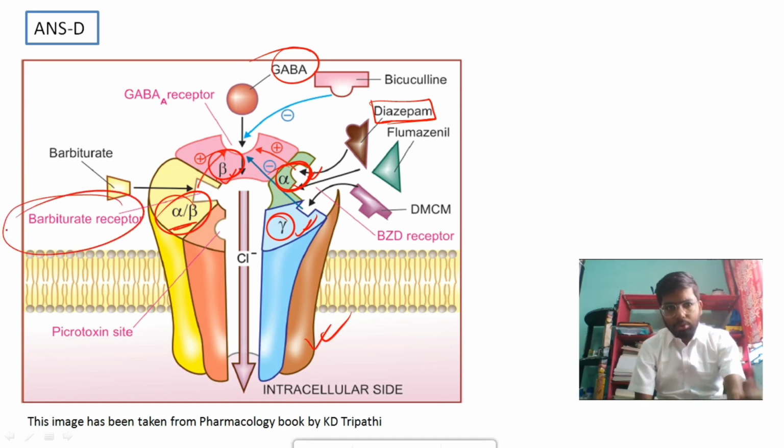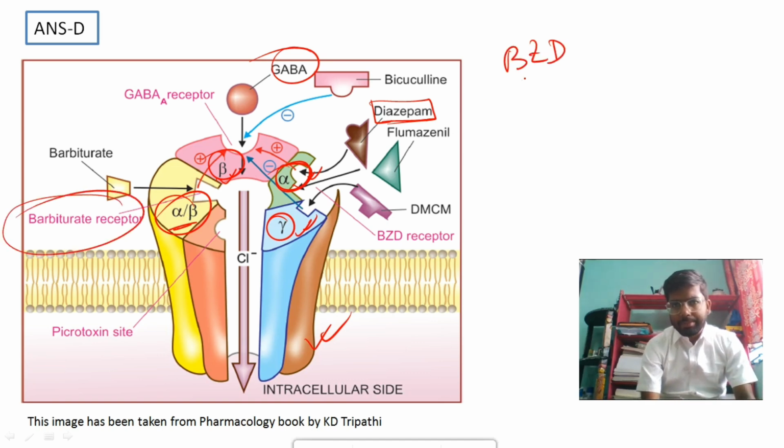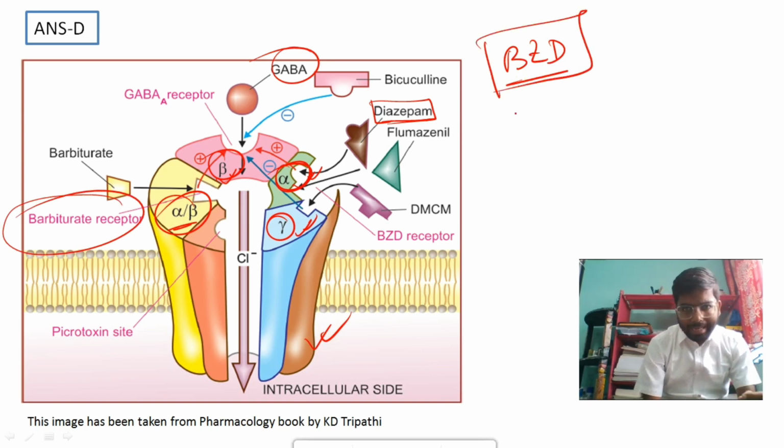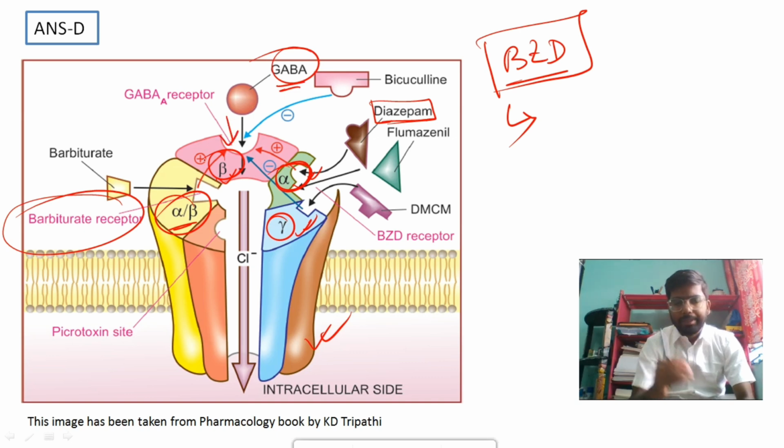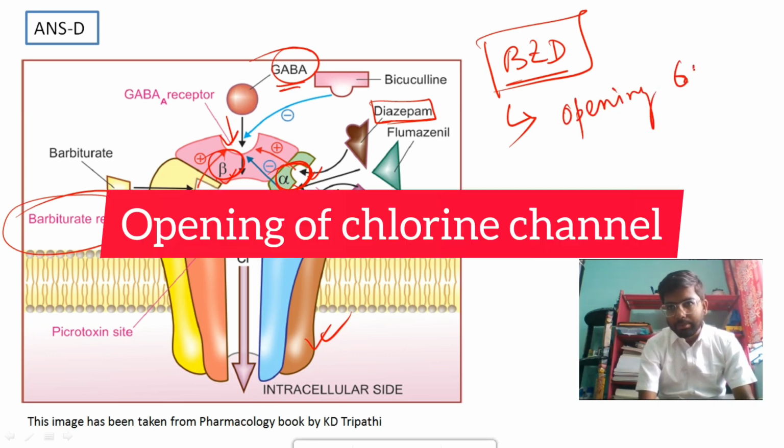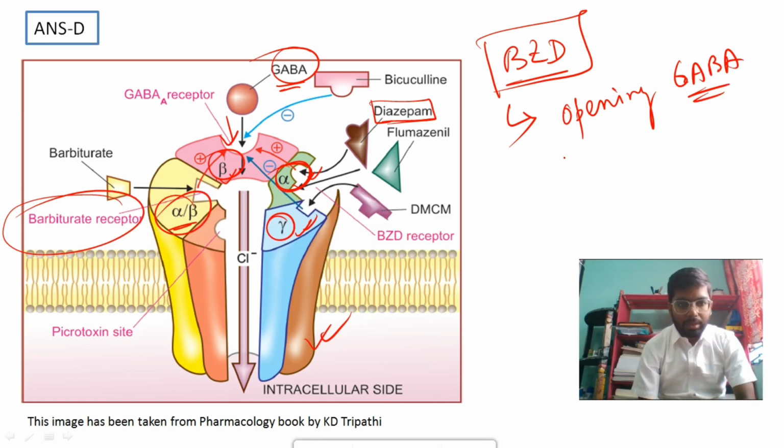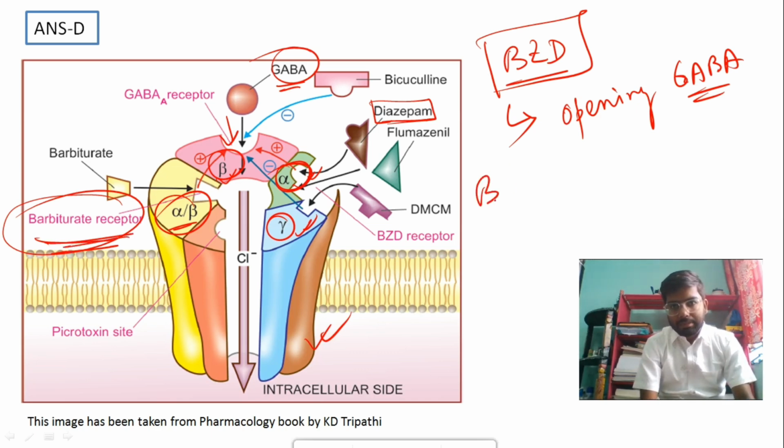So in case of benzodiazepine, benzodiazepine can facilitate the binding of GABA at the beta site. उसके बाद क्या होगा? That will lead to the opening of the GABA channel, and that will lead to cell hyperpolarization. But barbiturate can facilitate GABA binding on the beta site of the receptor, but उनका mimetic action भी है. मतलब